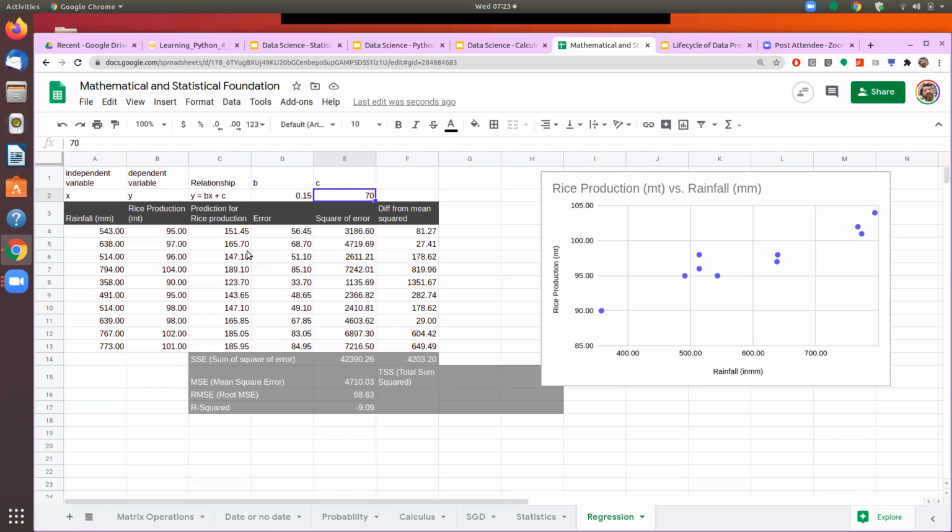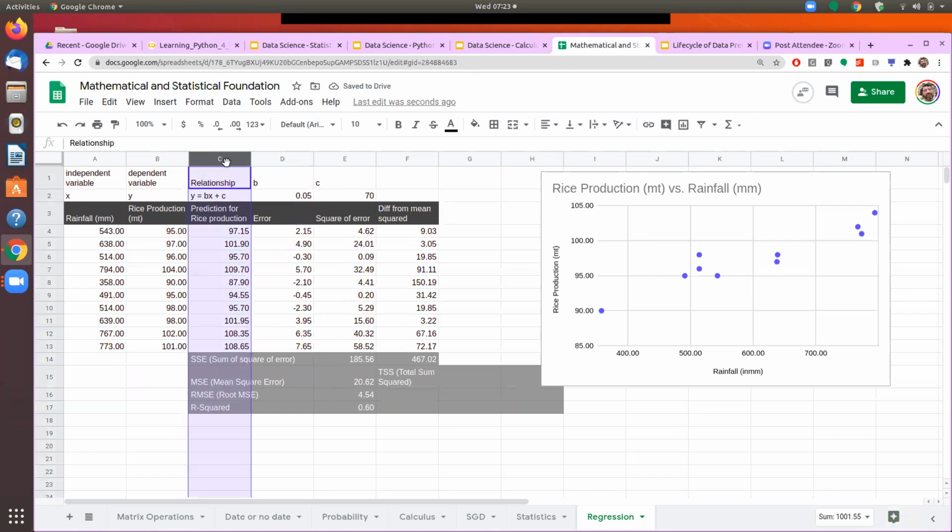But if we put that, then our numbers are increasing, and then maybe we will come here and reduce this to 0.05. And then it comes somewhat closer to the actual production. So this column is my prediction, and this column is the actual production from the past data. So we are trying to make the prediction for the past years based on the relationship between the rainfall and the rice production. If we keep these numbers, we see that our prediction is coming somewhat closer, much better than what we were doing earlier.